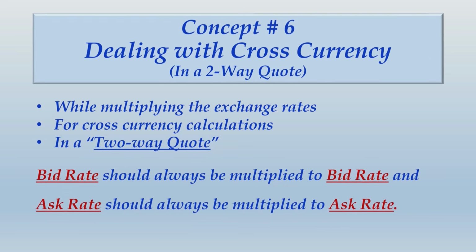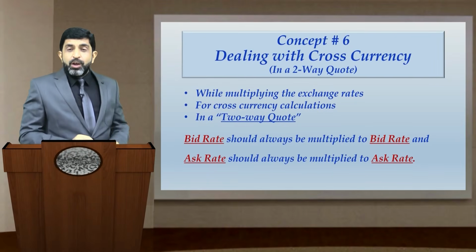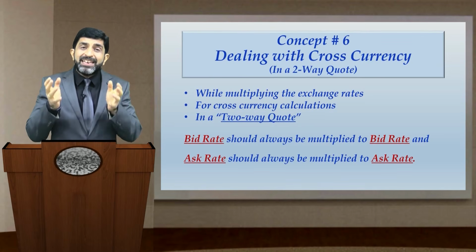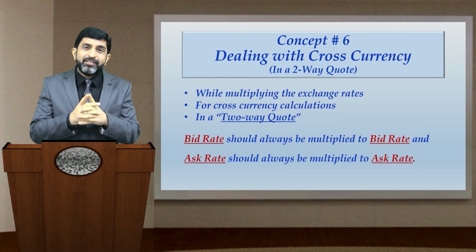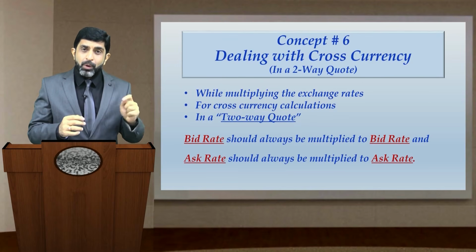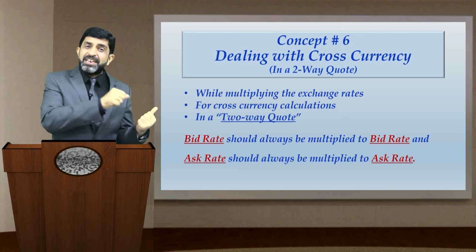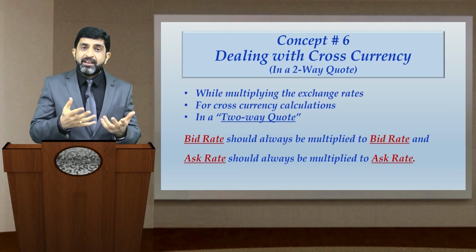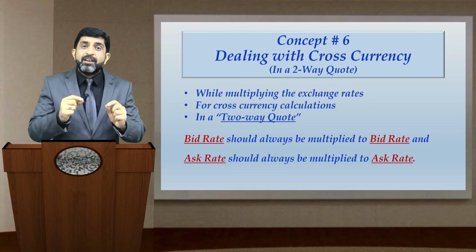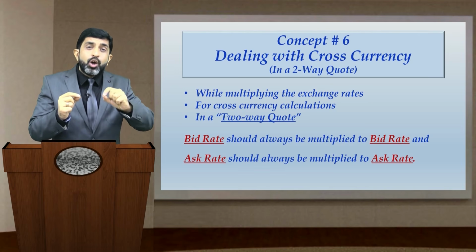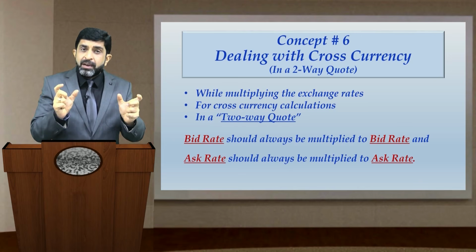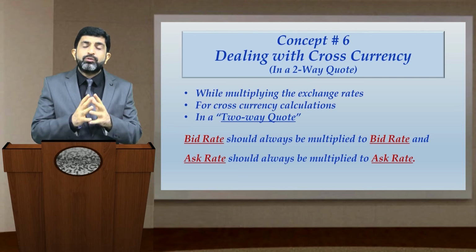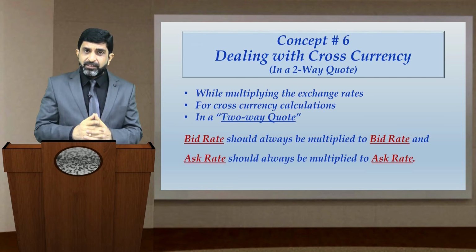Now anyone reading these lines would be wondering why we have a need to apply this. What is the need to apply this? So let us understand two things one by one. First thing, why we have a need to apply this concept, and second, what is the reason behind doing that. So why we need this, and when you use this as a concept that bid should be multiplied with bid and ask should be multiplied with ask, why is that so? So let us first talk about the need to apply this.